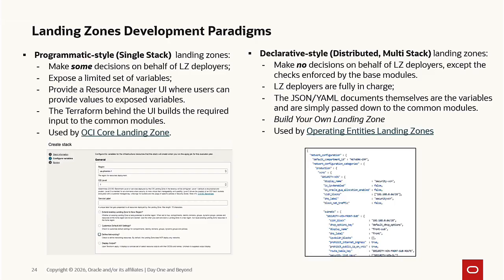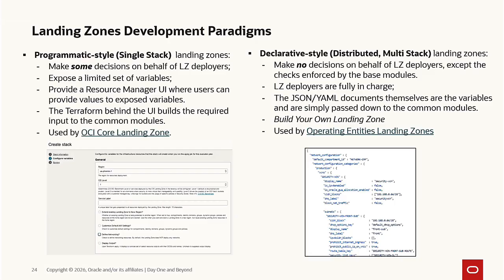But what are the key differentiators here? Basically, this declarative style landing zone lets you declare your landing zone configurations in JSON or YAML documents with dependency management. For instance, you can generically bring in compartments of one stack into the network stack without knowing any internal OCI IDs, right? And these JSON-based or YAML-based declarations are processed by the very same underlying Terraform modules used in core